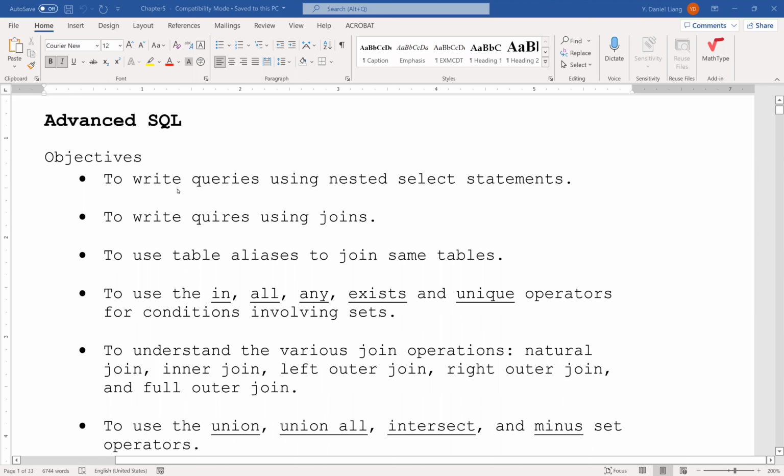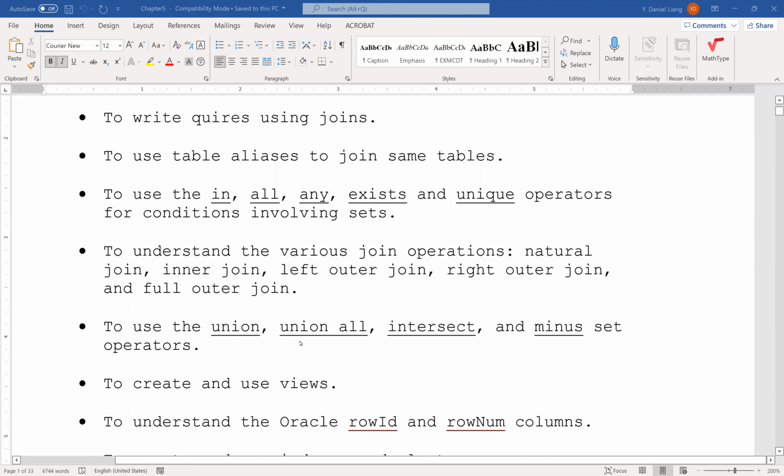You'll learn how to write queries using nested select statements, write queries using joins, to use table aliases to join the same tables, to use the IN, ALL, ANY, EXISTS, and UNIQUE operators for conditions involving sets, to understand the various join operations: natural join, inner join, left outer join, right outer join, and a full outer join, to use the UNION, ALL, INTERSECT, and MINUS set operators,